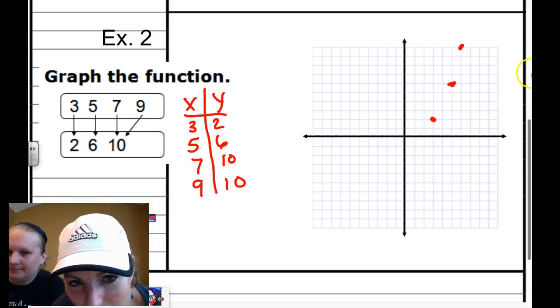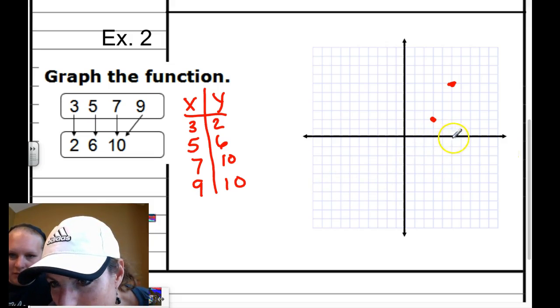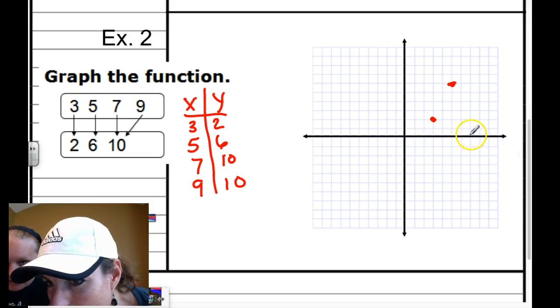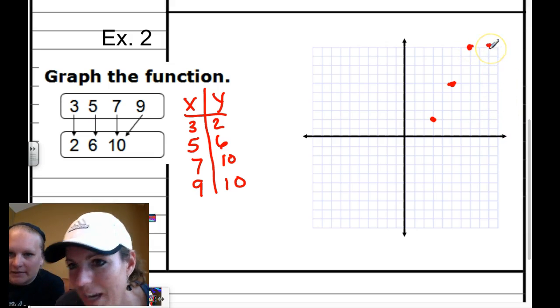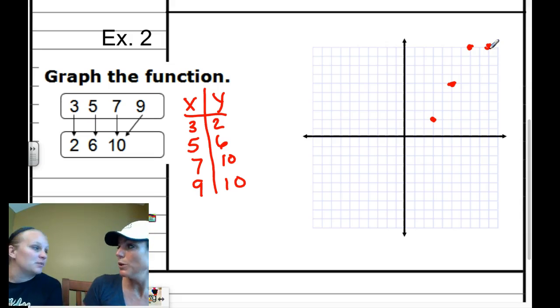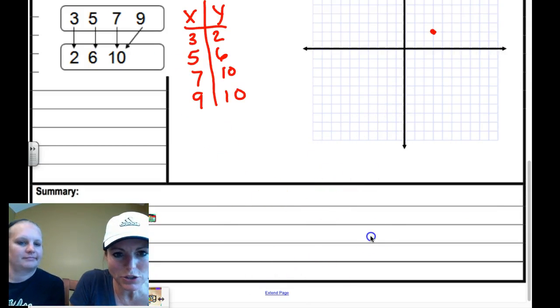1, 2, 3, 4, 5, 6, 7. One more. 7, up 10. Yep, and then over 9, up 10. There you go. That is discrete. So we don't connect the dots. Correct, we do not. All right, next page is